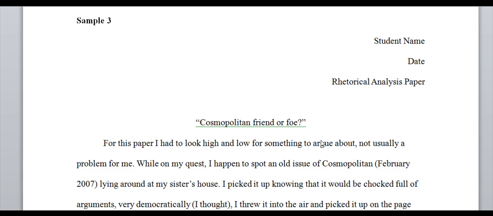Thanks. Hi folks, here we are with sample 3. As many of you have guessed, this is the worst of the 3 samples. And I don't include it to make fun of the original author. Of course, I've got the permission to do this. But I do it because it demonstrates something that a lot of students will do, or several things a lot of different students will do.